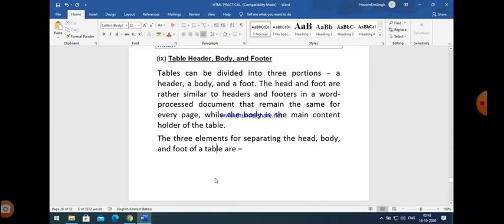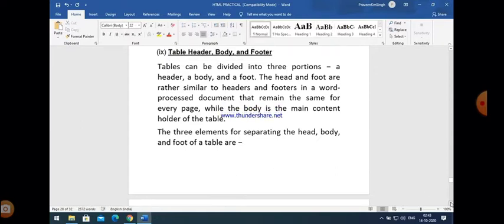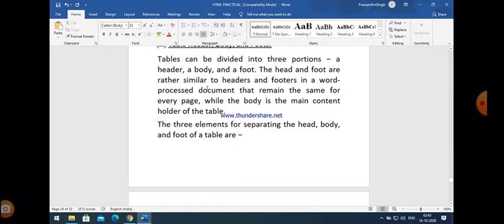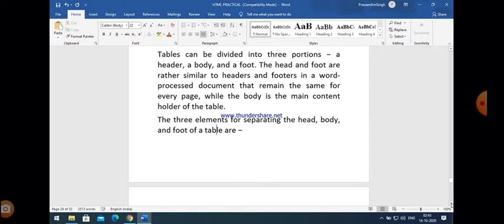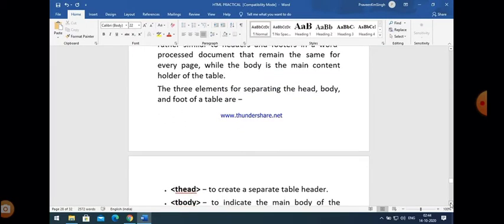th. Okay, th is basically used for table headings. So for header, header and footer are the same concept as we use in a word processor document, just like Microsoft Word. That is also a Word file in which this program is open. So we also implement this concept in HTML files.